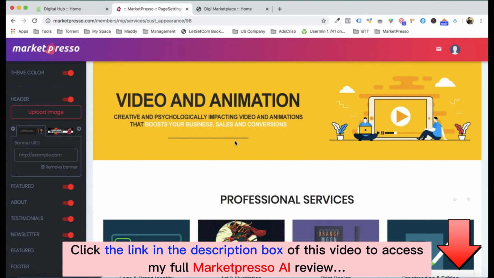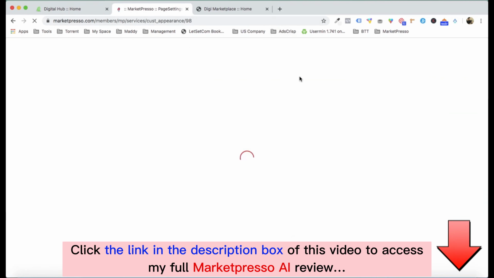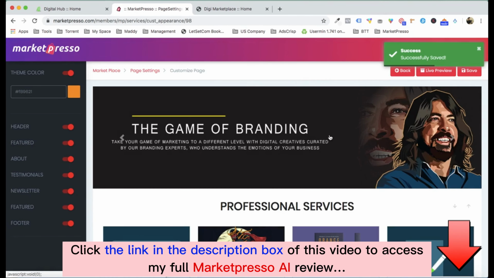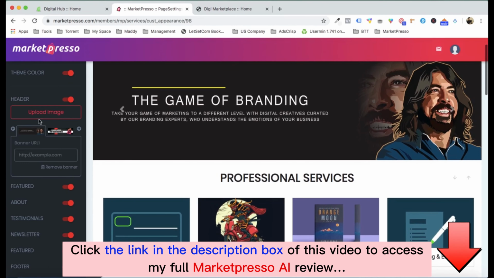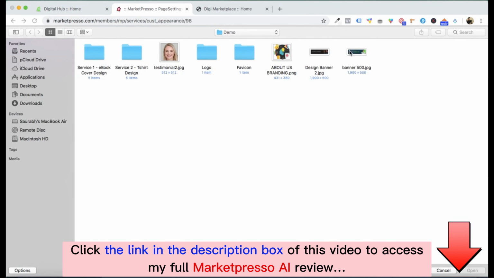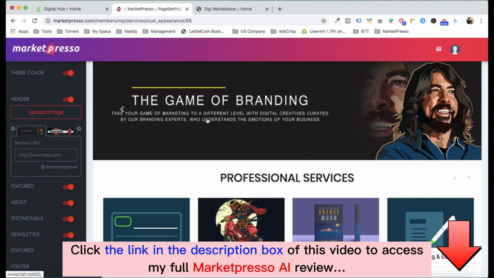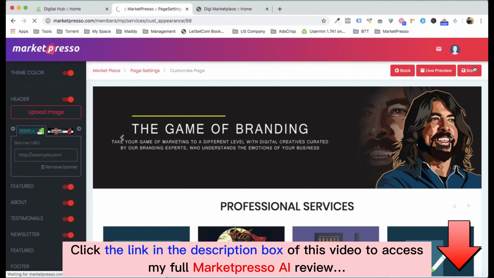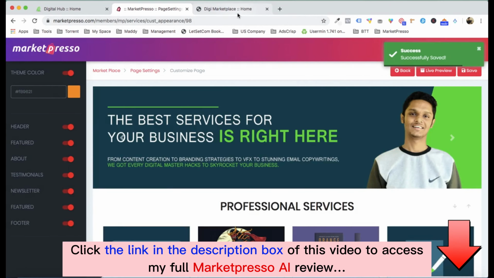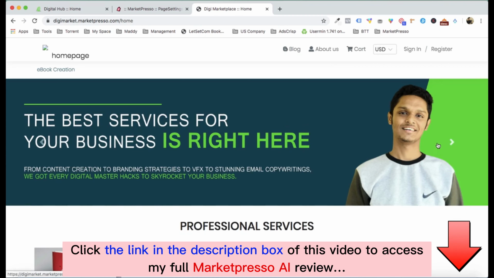We click on save, and you would see that the image that we uploaded is right over here. What you can also do is upload another image. Let's suppose you also want to enable another background image, the profile image, and let's select this as well. Let me click on save, and now inside my marketplace we will have this particular image as a banner image. So now we have this,